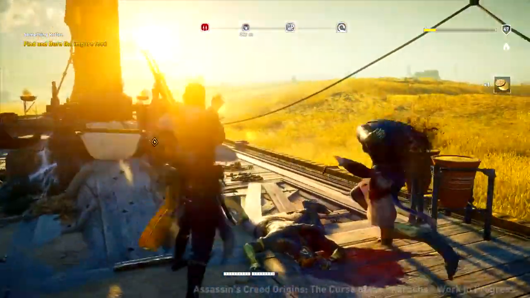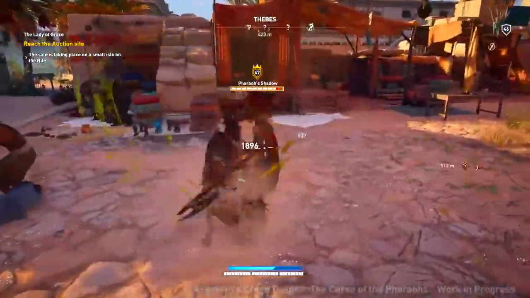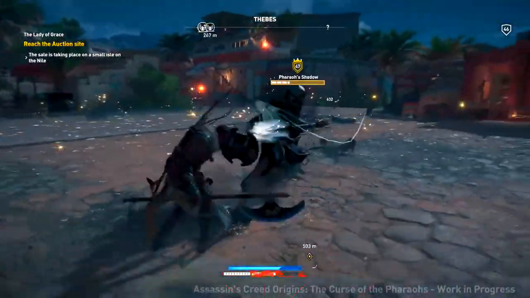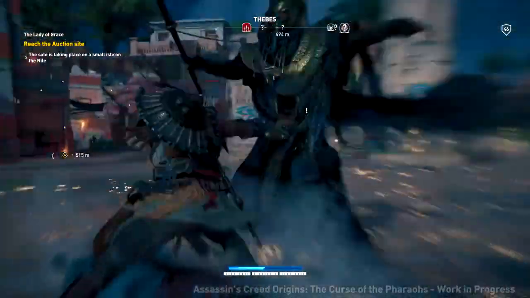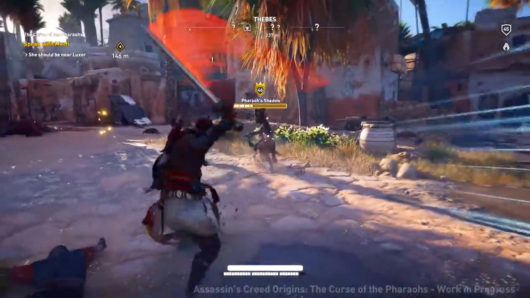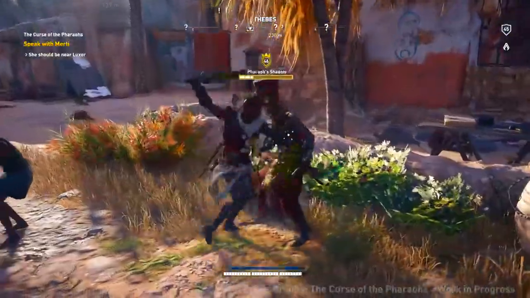I don't really know any famous grave robbers at all, so that's pretty much it for my theory of what the Curse of the Pharaohs DLC is going to be all about. Tell me what you guys think of the theory down below, if the Ankh is a very suitable object to be in the Assassin's Creed Origins Curse of the Pharaohs DLC, and a good way to bring Egyptian beliefs into the game.